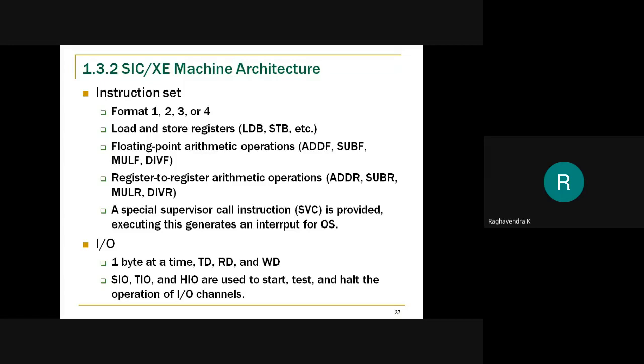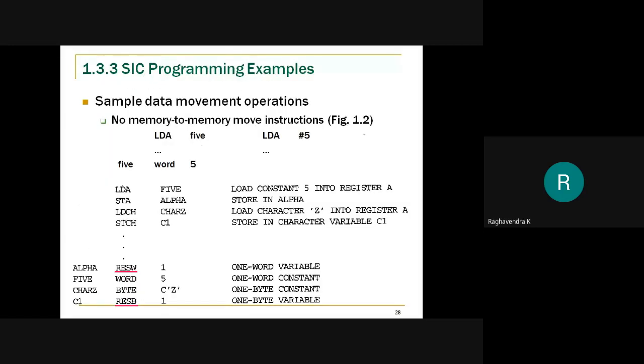For this program, let us consider this is the memory, and there is some value that is being stored. Let me assume that this is 5.